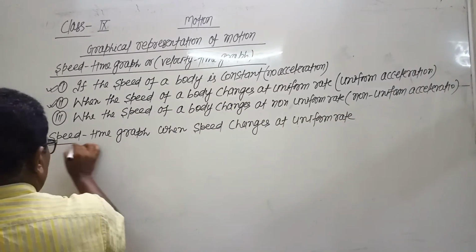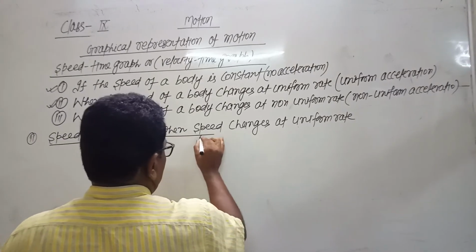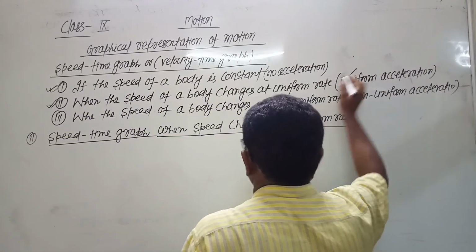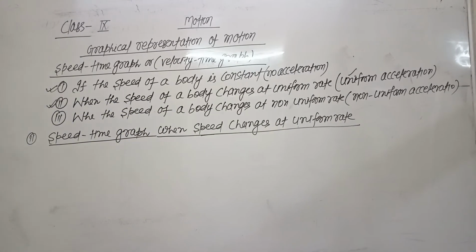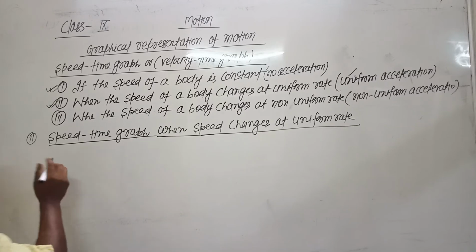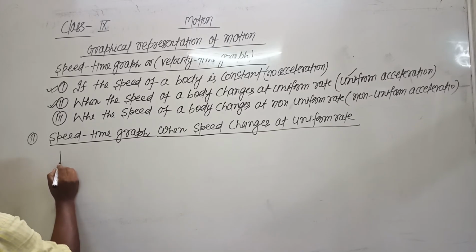If the speed changes at a uniform rate, it means it has uniform acceleration. So its graph will be